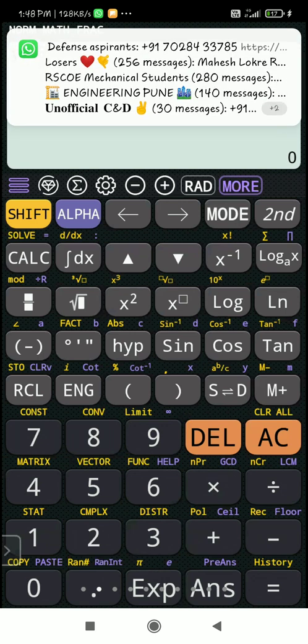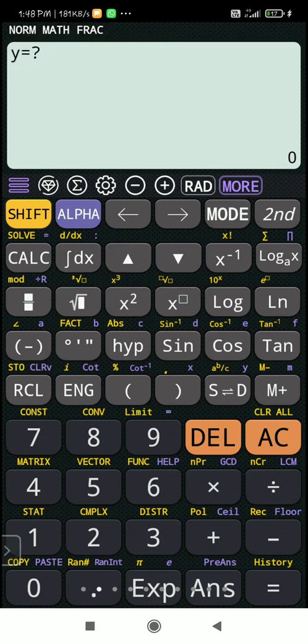Now it is asking me y. You may find pi in place of 10 raised to x in your calculator, maybe. Use the shift key and you'll get the pi term. Then y is 9.2. Am I right? Okay, thank you. Y is 9.2. Press equal to. Again, it is showing my x and y values. Okay, just go on pressing the equal to sign.